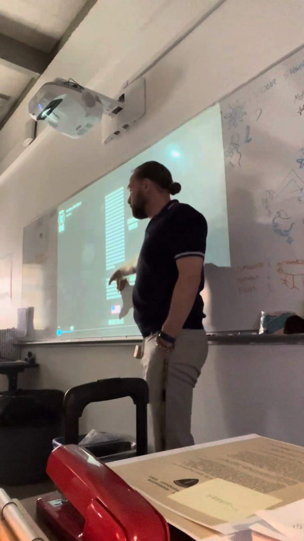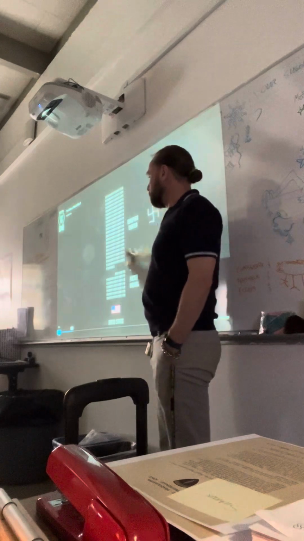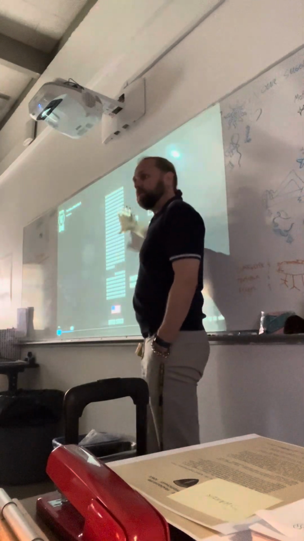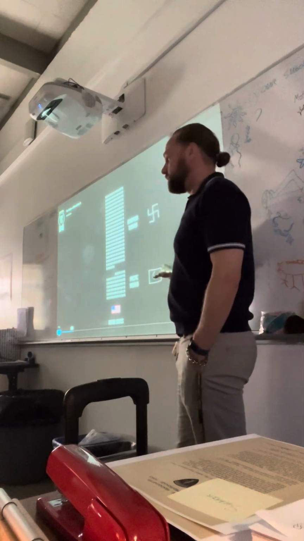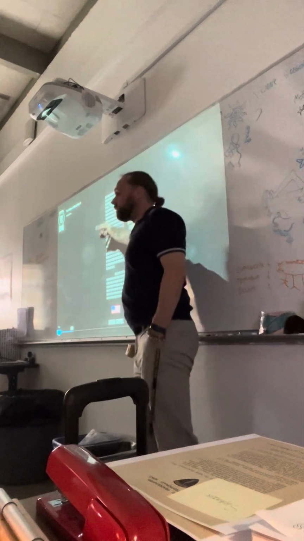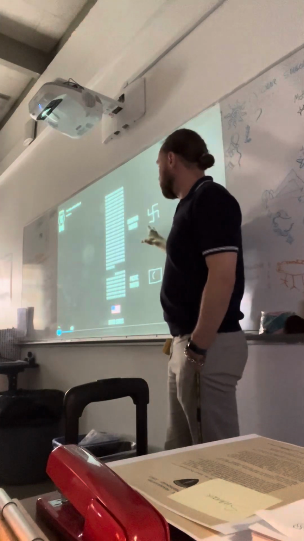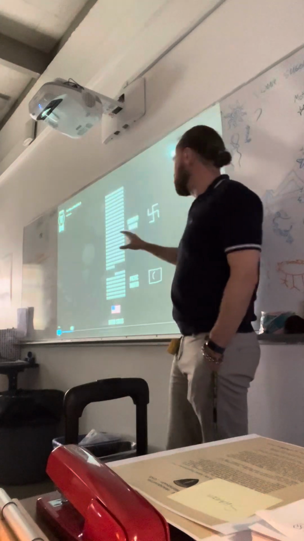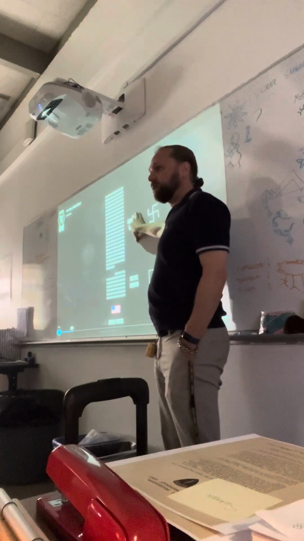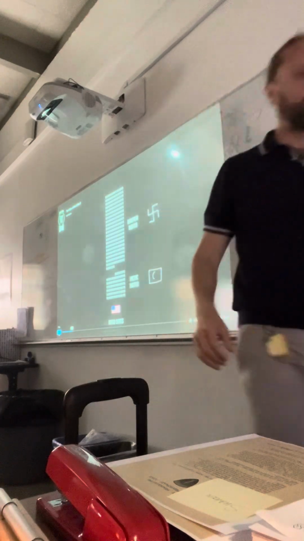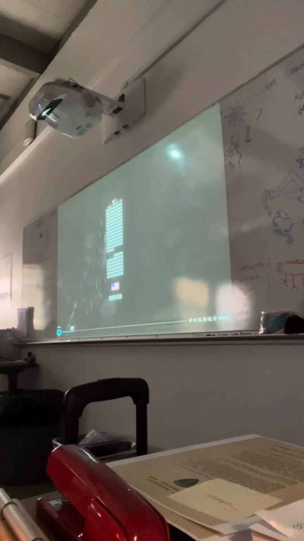So each one of these little figures is 1,000 deaths. And they're stacking them in a column. And then he's able to separate the column into sections to show you that this was the Pacific theater, the Americans fighting against the Japanese, and this is the European theater, the Americans fighting against the Nazis in Italy, in Germany, in France, etc. And just see the ratio of American deaths. So more Americans fought and died in Europe than in the Pacific. And about a quarter were in the Pacific, fighting the Japanese.